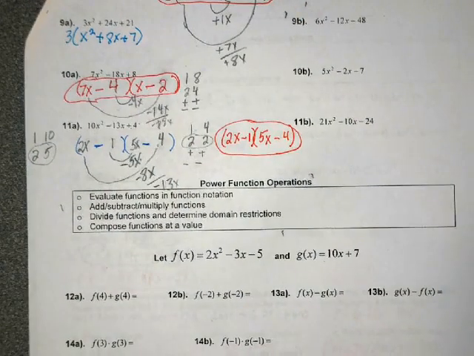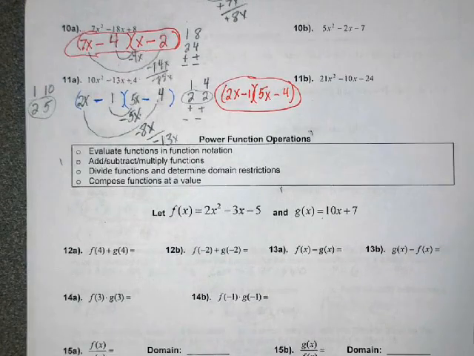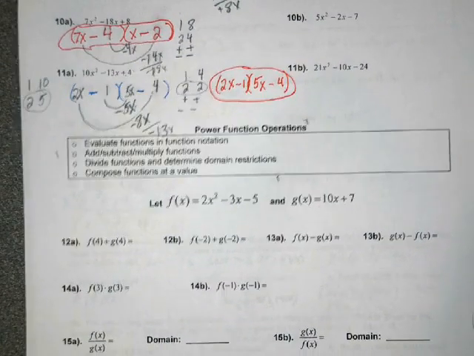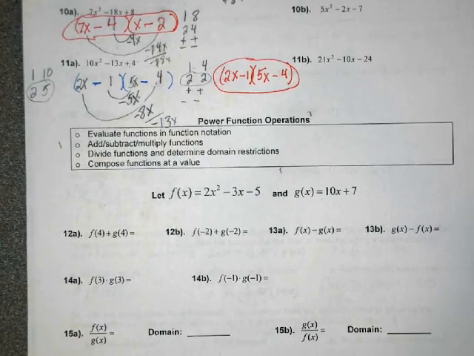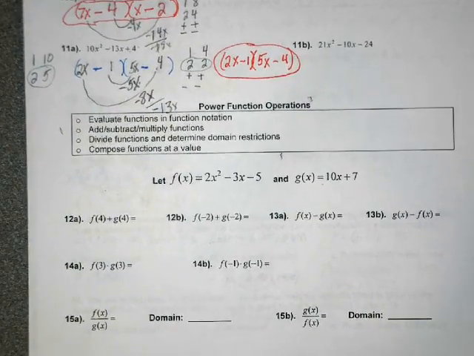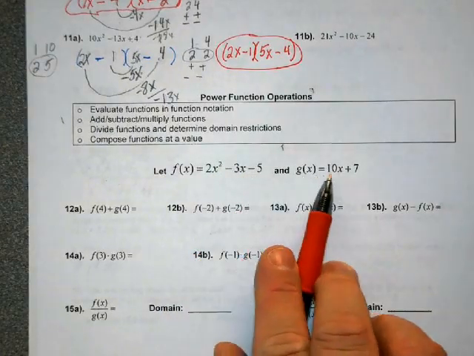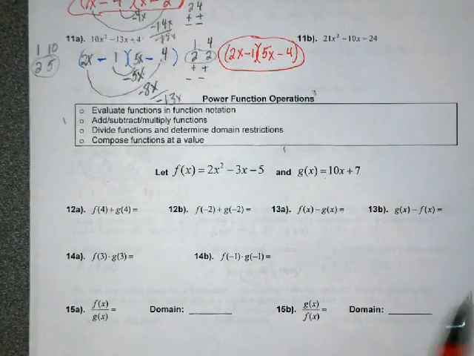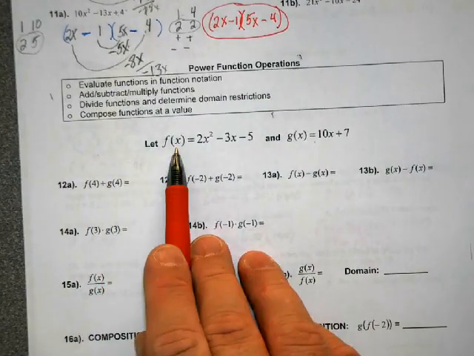And then we have everybody's favorite power functions, right? So f of x equals 2x squared minus 3x minus 5, and g of x equals 10x plus 7. If we have a number, we're going to substitute it in for our x's and get a number. Okay? So my f of x,